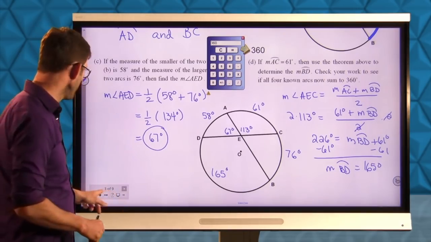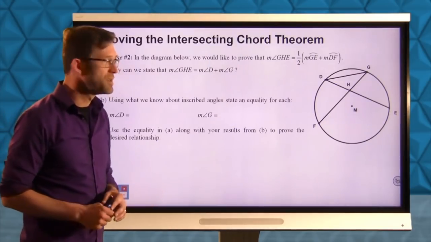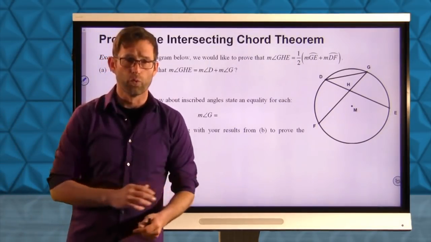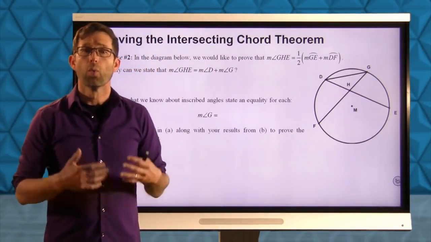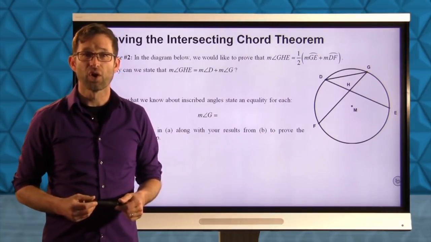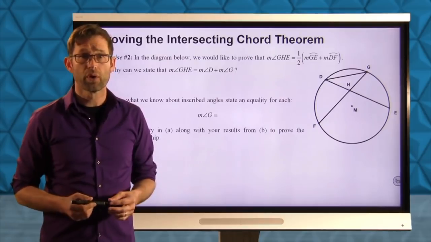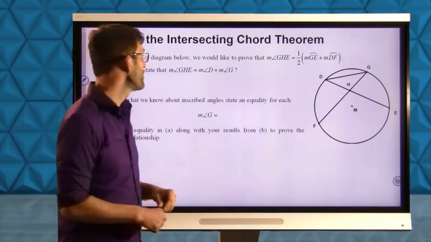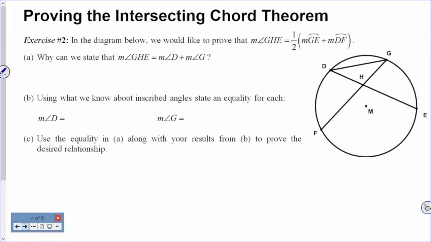All right, let's do it. As much as we can in this course, when we can prove a theorem, we should, all right? And this is going to go back to something we saw earlier in this unit. We're still pretty early in this unit, but let's take a look. Exercise number 2. In the diagram below, we would like to prove that the measure of angle GHE, which is